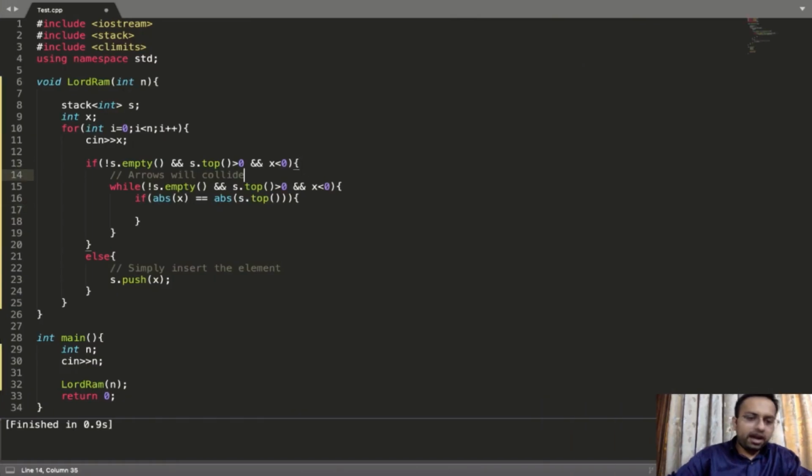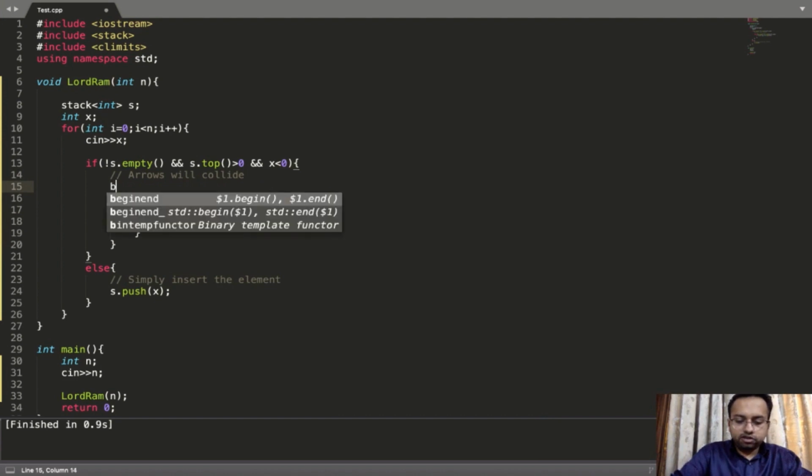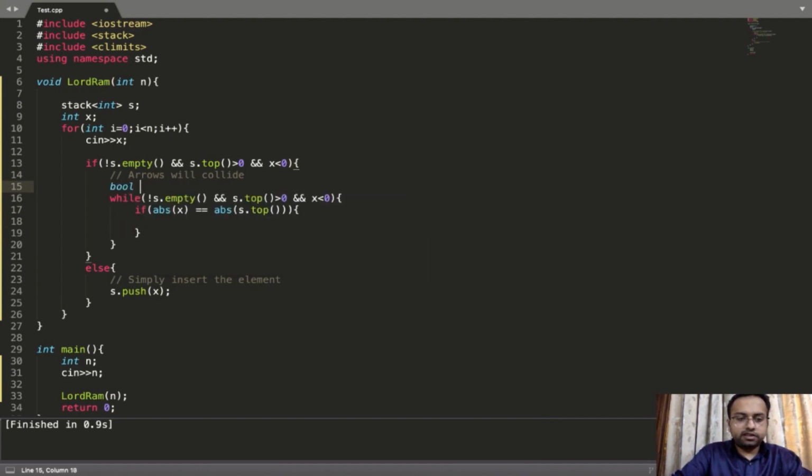By default, initially, I'll take a flag variable for whether I have to insert the x arrow or not.